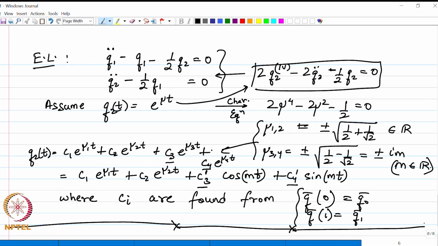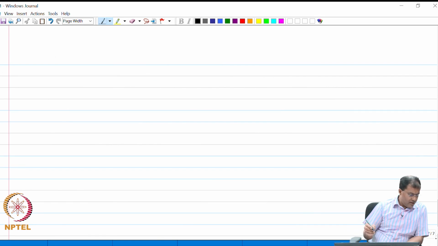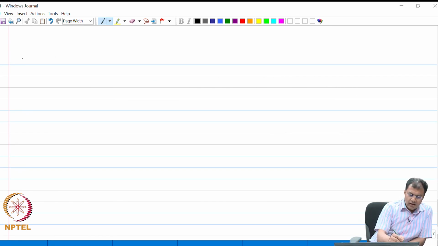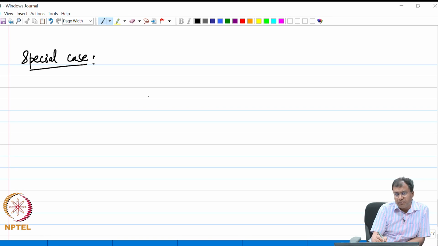Okay. So, then another example. Let us look at a special case, right. So, the special case is where L does not explicitly depend on t. So, of course, that is the case where we should have a Beltrami identity instead of the full Euler-Lagrange equation, and that identity must be the reduced order Euler-Lagrange equation.